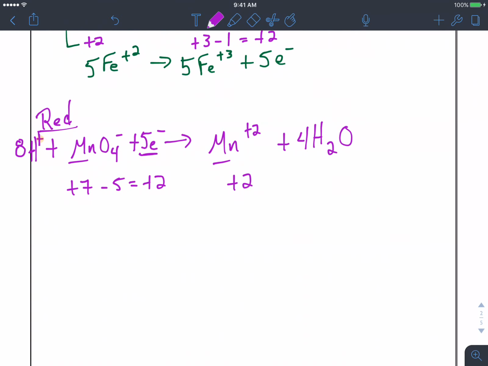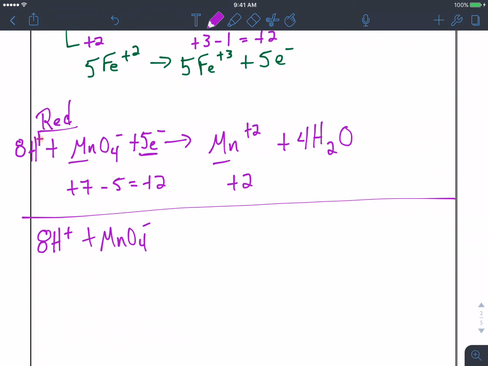It's kind of like adding 2 algebraic equations. Whatever's on the left on both equations stays on the left. Whatever's on the right of both equations stays on the right. So I'm just going to draw a line because we're going to add them together. We're going to take 8 H plus plus MnO4 minus plus 5 electrons plus 5 Fe plus 2, those coming from that top equation, gives us,